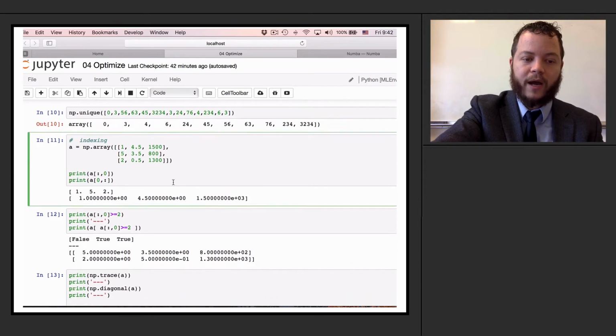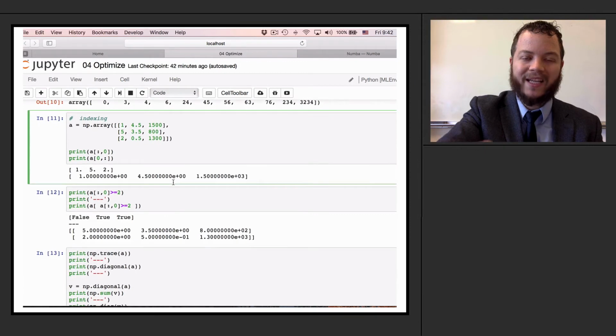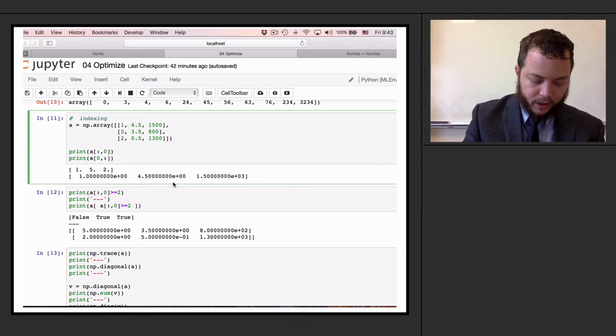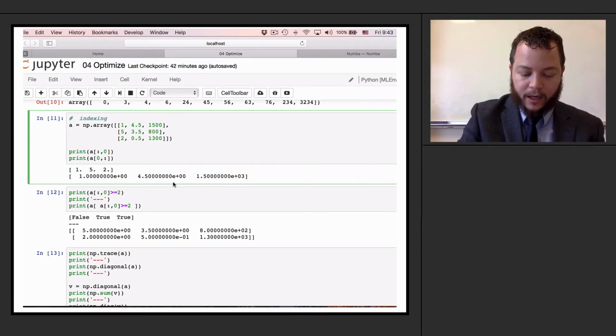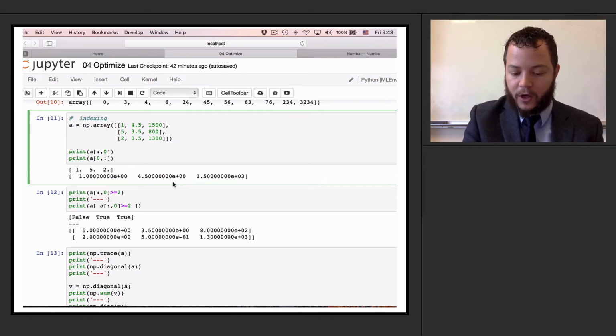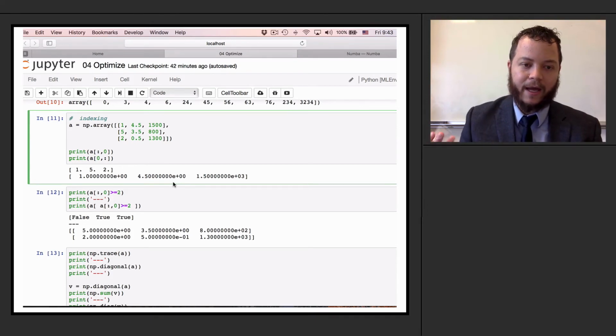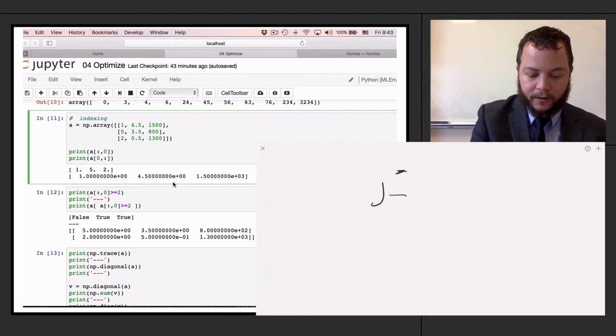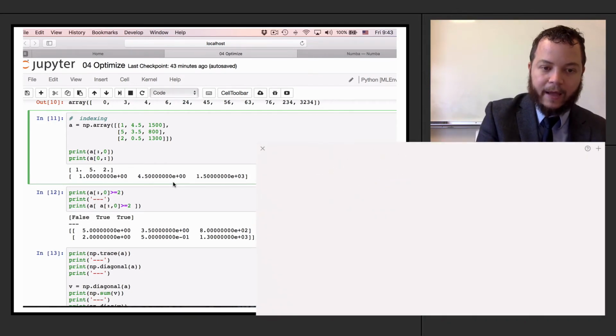So now let's talk just a little bit about indexing in NumPy. Indexing is kind of an interesting operation here because a lot of times we'll want to index specifically into rows or columns of a given matrix that we might have. So let's say that we have a matrix A. Let me just restart all of this right here. This matrix A that we have right here, we'll define A